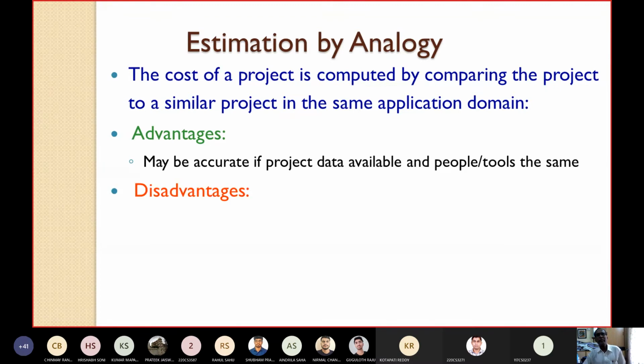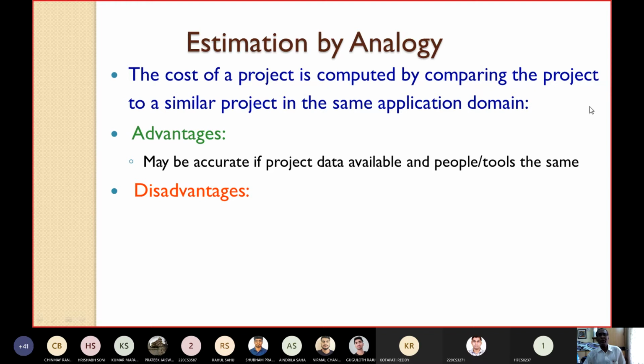This estimation which you got by using the analogy-based method may be very accurate if the project data are available and the people and tools are the same.